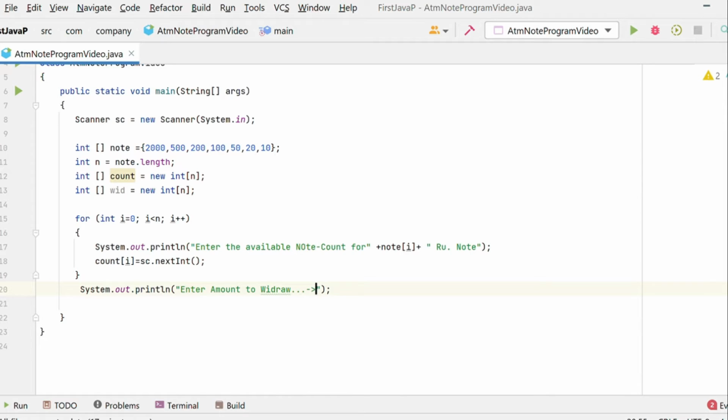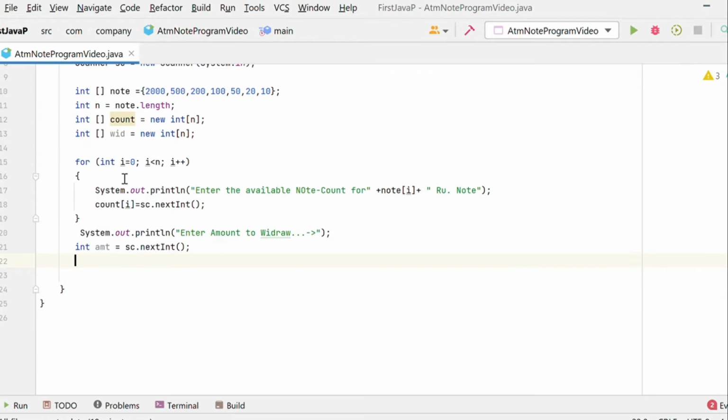Okay, then next we have to collect that amount in one variable, so we require an int type variable, int amount equal to sc.nextInt. Okay, then what are we going to do now? We have the amount, and how many notes are available, all things we have.